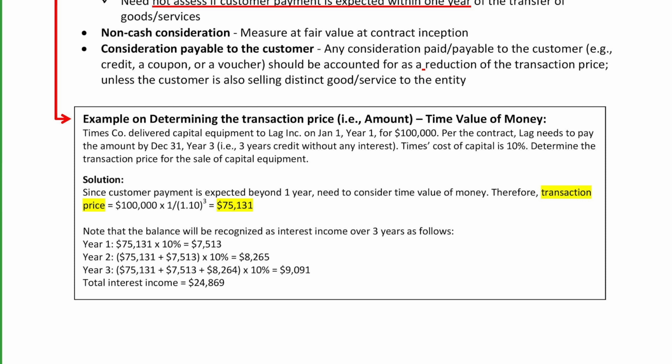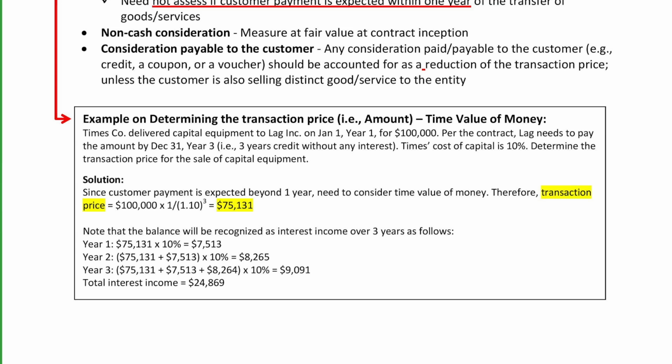Now, the balance, $24,869, about $25,000, will be recognized as interest income over 3 years. So $75,131, that's the revenue from the contract right now. Then in year 1, Times would recognize interest income of